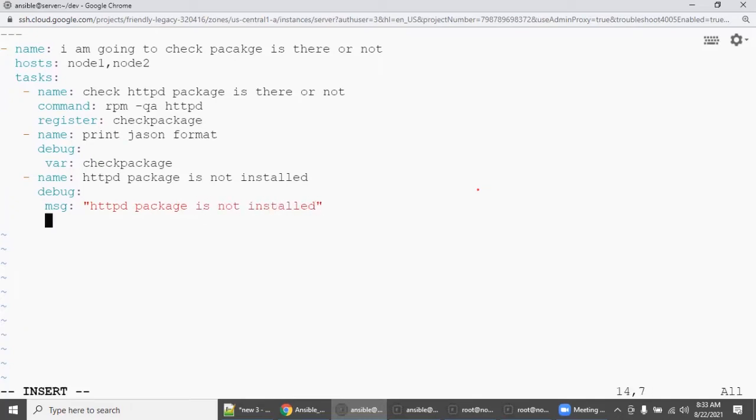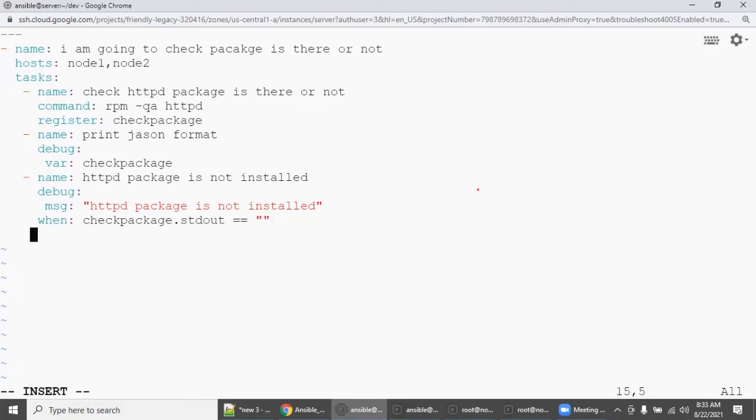When should this message be printed? When the package is actually not installed. So now you apply the condition check_package.stdout equal to null. That means the package is not installed.